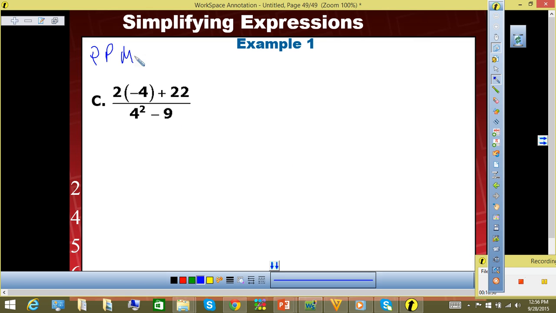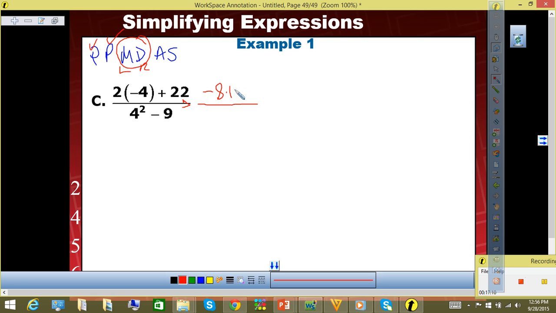Parentheses, power, multiplication, division, addition, and subtraction. So let's start. Do we have grouping symbols? How many? Two. The parentheses and the fraction bar. The fraction bar is telling us to focus on the numerator or the denominator. Numerator. So let's start with the numerator only. Do we have any parentheses in the numerator? Yes, but we can't do anything about it. Powers? No. Multiplication, division? Yes. From left to right, 2 times negative 4, that's negative 8 plus 22. And of course, the last from left to right, that becomes